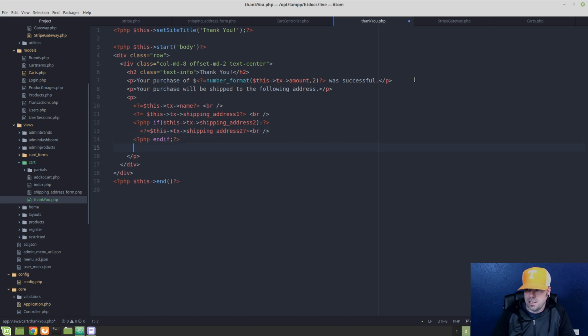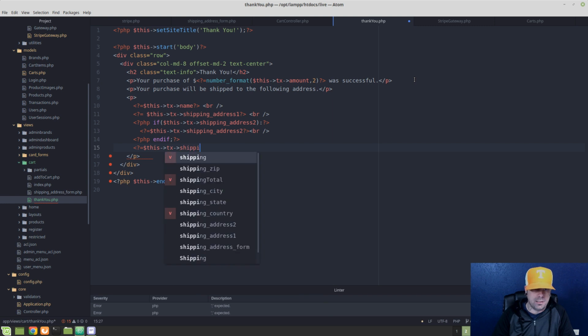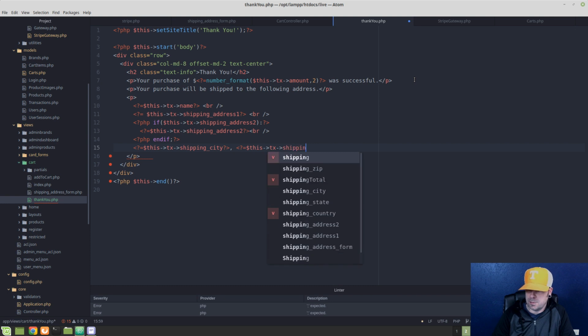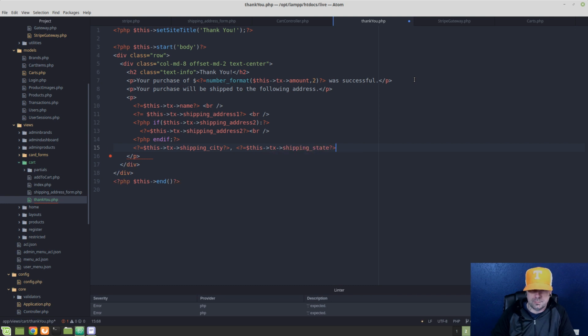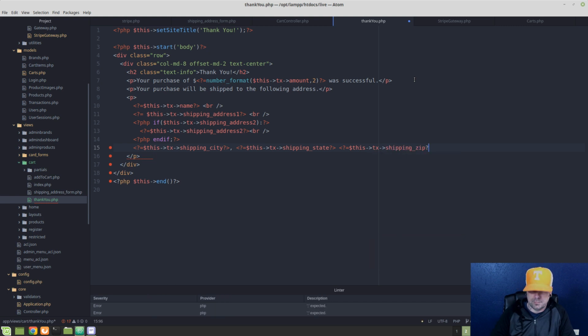Almost done here. And then we're just going to echo out this tx shipping city, comma, space, this tx shipping state, space, this tx shipping zip. Okay, so that is it. We're just going to do a very basic and simple